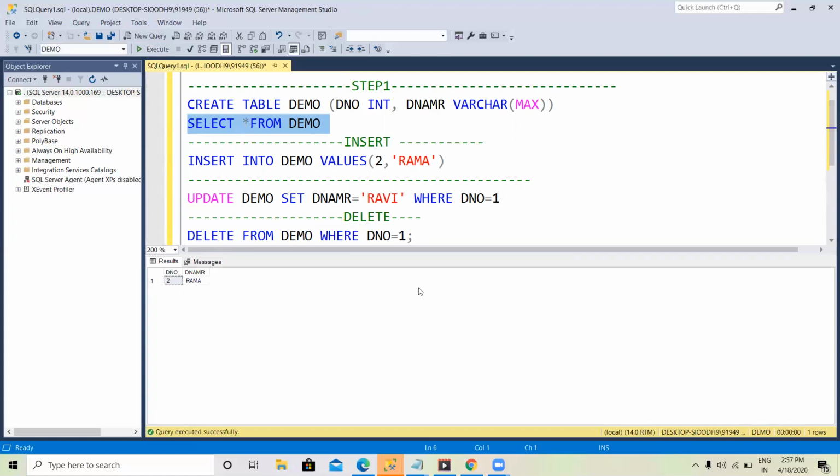Some of the important queries you have to remember. SP underscore help means if you want to view the information about your table, we will write one query called SP underscore help DB.